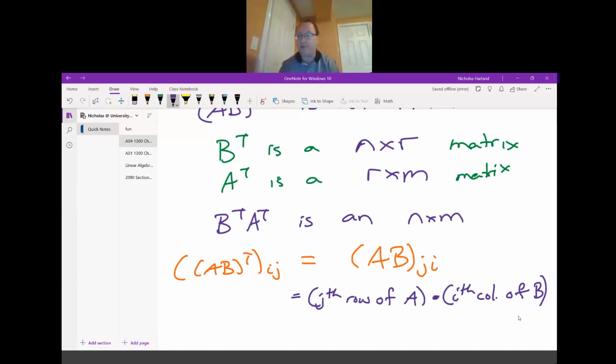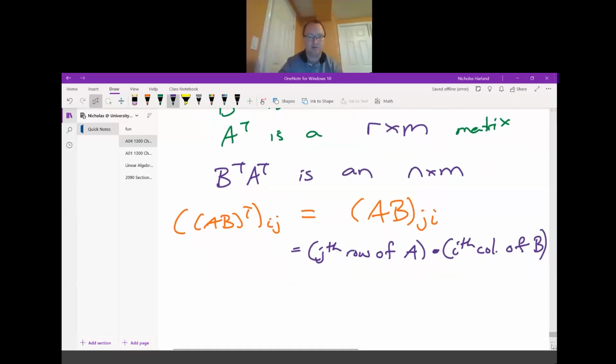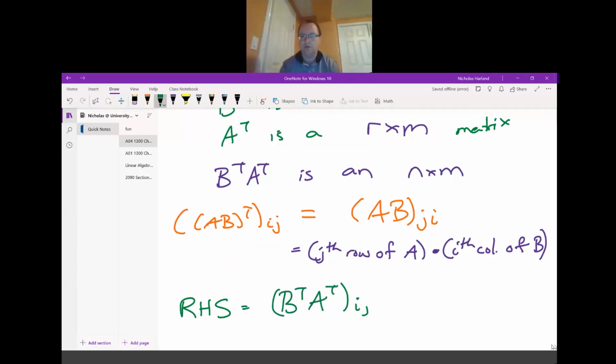So that's kind of the opposite of what we did for AB, where j was the column and i was the row, but that's because we're doing the transpose. So that's why those two got flipped around. Right. So that's our left-hand side. As for our right-hand side, that's B transpose A transpose, the ith row, jth column,